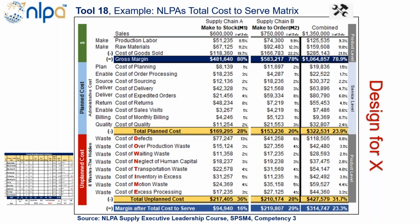So again, the unplanned cost, the downtime, which is an acronym, by the way, for defects, overproduction, waiting, neglect of human talent, transportation waste, unnecessary transportation and logistical movements inside of your 4 walls and the supply chain as a whole, excessive inventories, also excessive motion and over processing, excessive processing across all activities in the supply chain, including the administrative functions. All of these are categories for cost reduction, and again, would impact